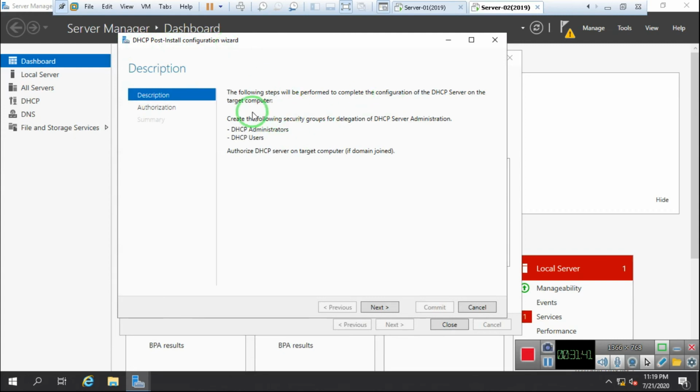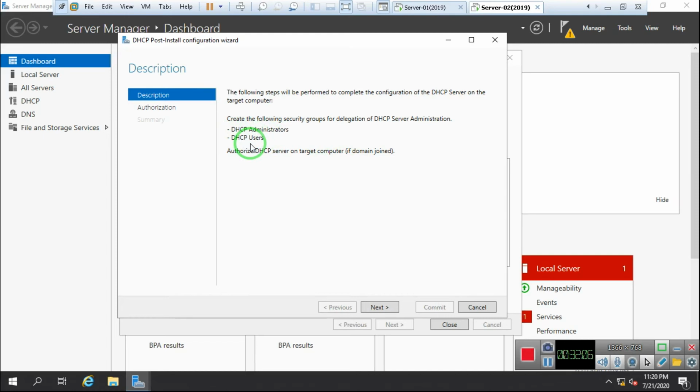Create the following security groups for delegation of DHCP server administration, and authorize DHCP server on the target computer. This server is a domain-joined member server, so I need to authorize my DHCP server as well. After authorizing the DHCP server, it automatically creates two security groups, DHCP Administrators and DHCP Users.